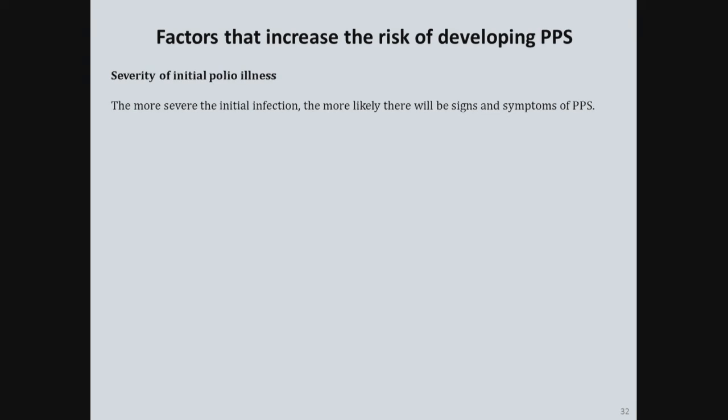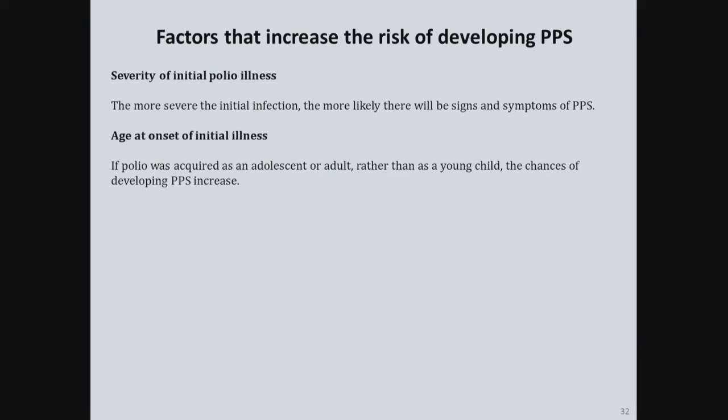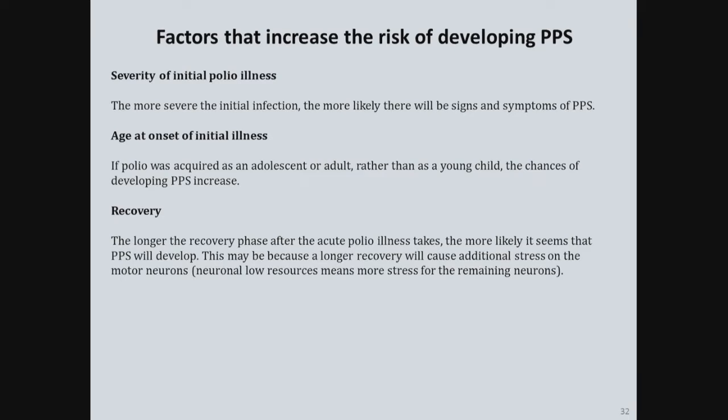Severity of initial polio illness. The more severe the initial infection, the more likely there will be signs and symptoms of PPS. Age at onset of initial illness. If polio was acquired as an adolescent or adult rather than as a young child, the chances of developing PPS increase. Recovery. The longer the recovery phase after the acute polio illness takes, the more likely it seems that PPS